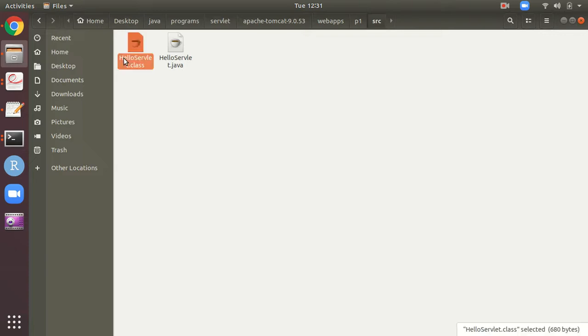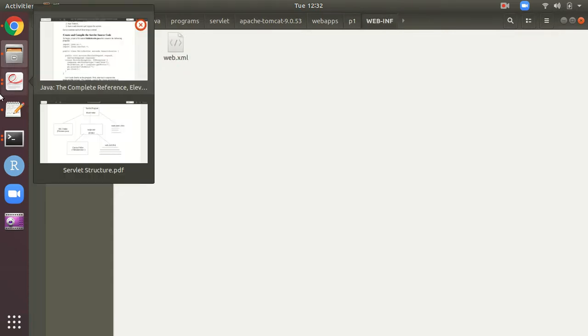After this, what you have to do is copy it or cut it and paste it in this folder. Now I'm clicking, as you can see, I have already pasted this one. I already executed it. Okay students, so this is the way the classes folder will have the .class file, which you will get after compiling the .java. Then apart from this, next thing you observe here,